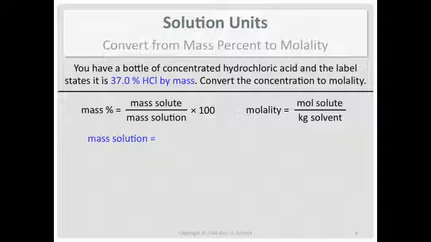What's the mass of the solution? You can pick anything at this point, but you should pick a mass that makes the problem easier to do for you. And since we're given the mass percent, percent implies out of 100, so why not pick a solution mass of 100 grams? I went to 1 decimal place on my solution mass because my mass percent goes to 1 decimal place. So I just matched it up.